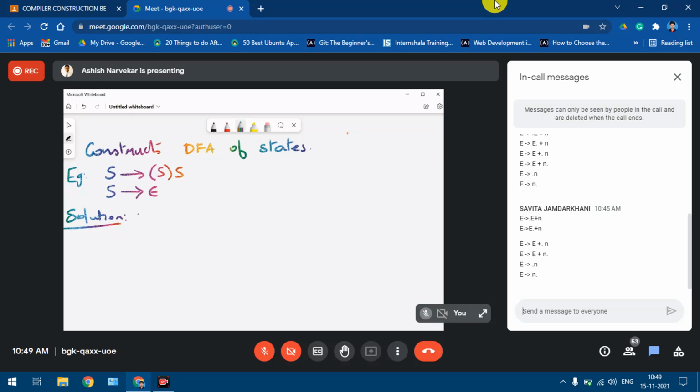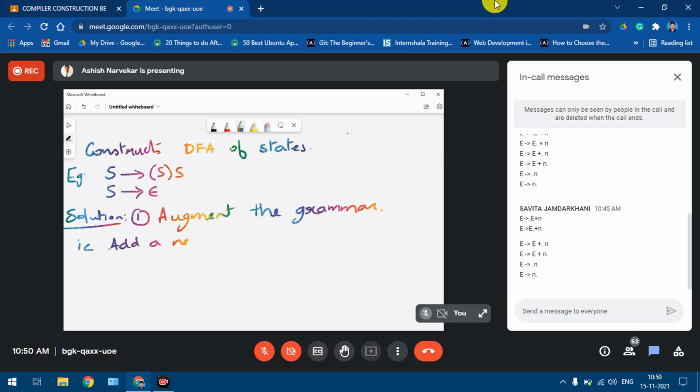Now the first thing that you need to do is augment the grammar. Augmenting the grammar means you add a new production to the grammar.